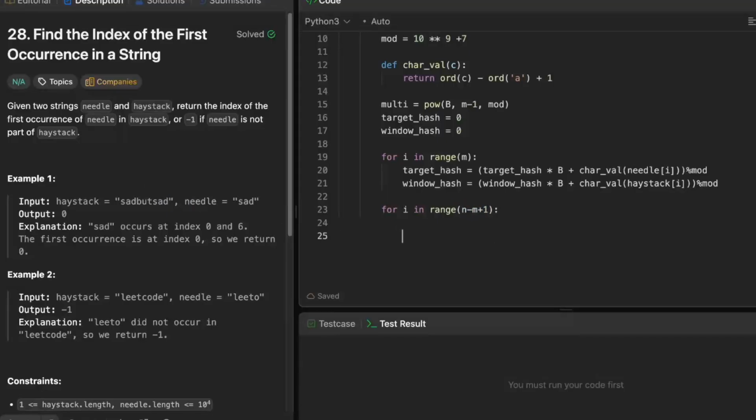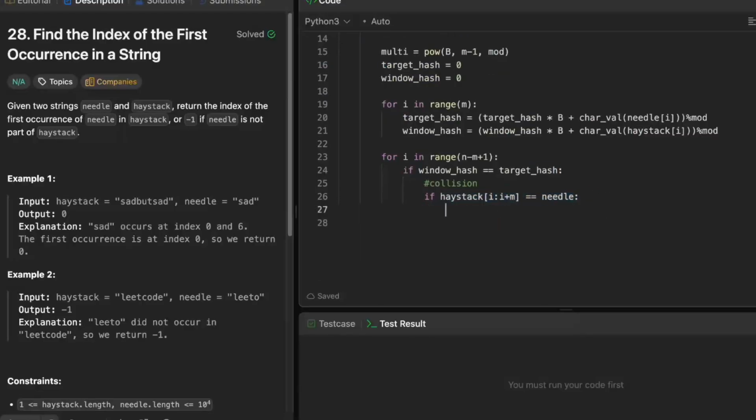So we do that, and then if our window hash equals our target hash, we also need to check if the haystack from i to i plus m equals the needle. This is for collision. As I said, sometimes the actual window hash and the target hash will have the same value, so this is just to make sure that it's actually a match. Then if i is smaller than n minus m,